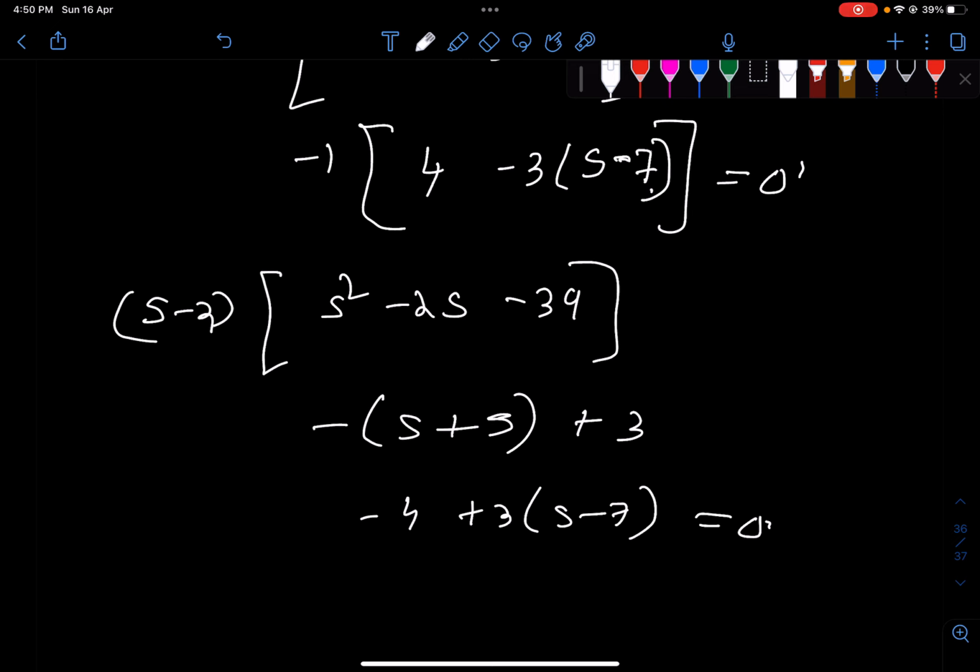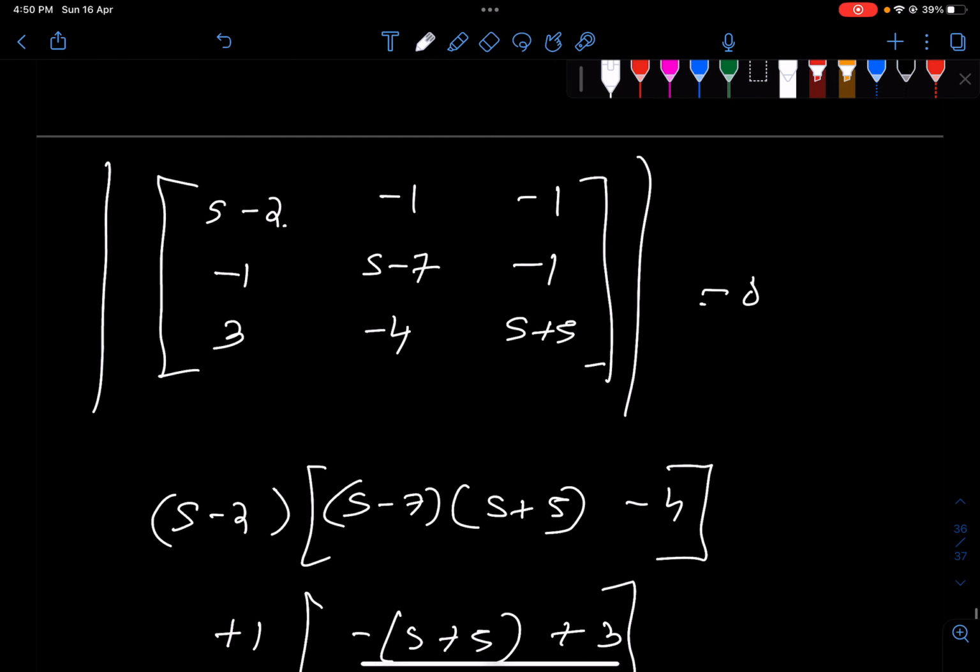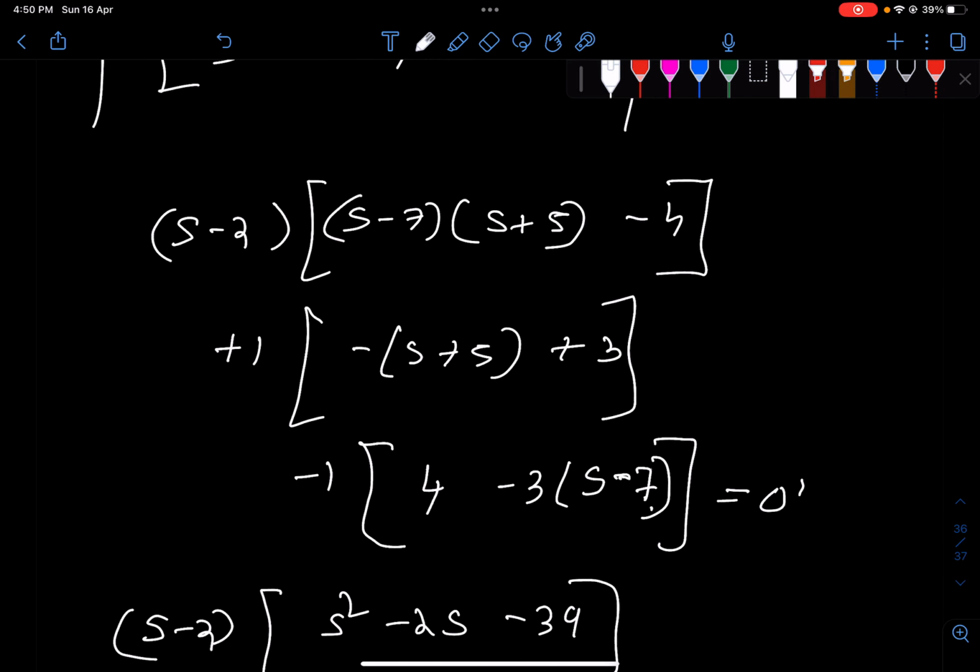So you can expand this one. Meanwhile, you expand. Okay, let me expand this one. What is given? So x minus 2, that is multiplied with the x minus 7, that is multiplied with the x plus 5 minus 4, and is summed with the